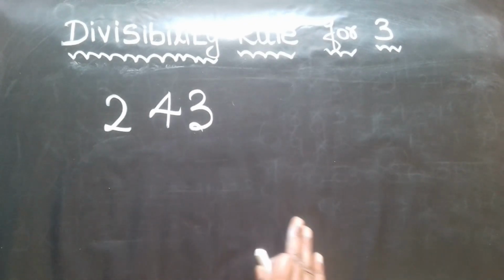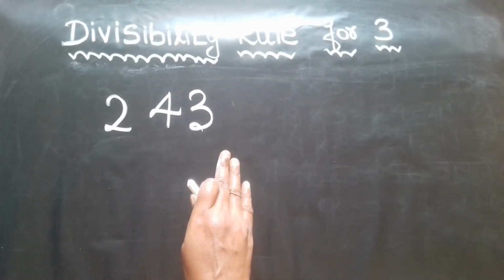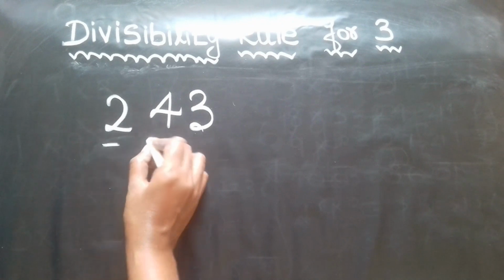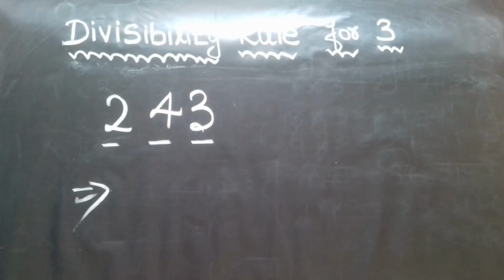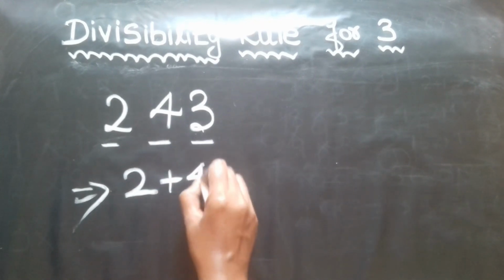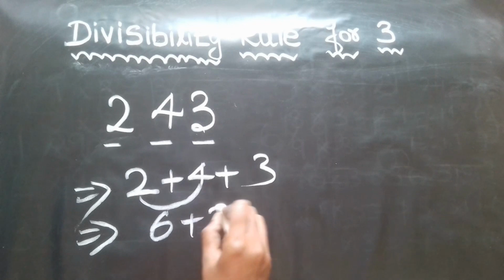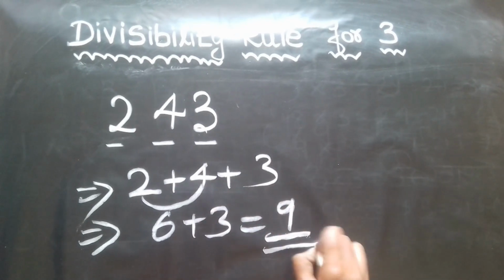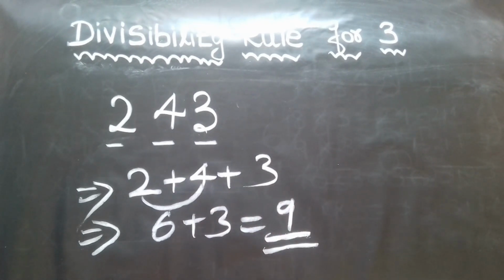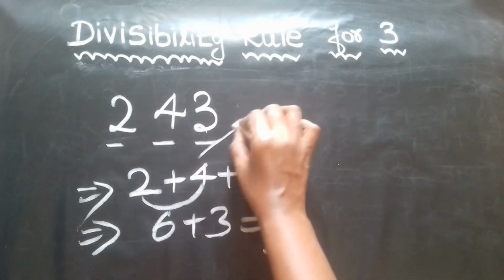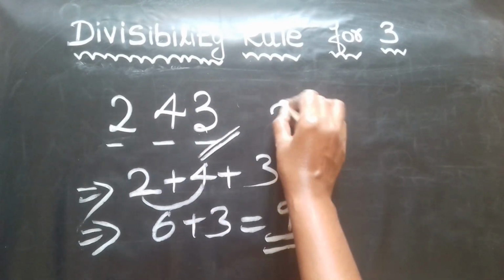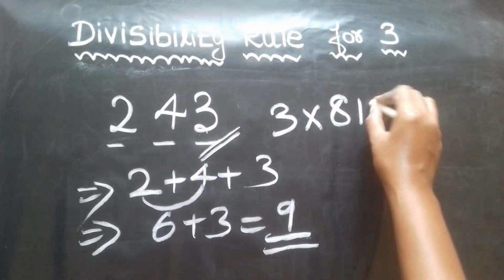Now let's verify for a bigger number, 243. The digits here are 2, 4, 3. The first step is to add up the digits: 2 plus 4 plus 3. 2 plus 4 is 6, plus 3 equals 9. So if the digit sum is 3 or 6 or 9, then you can say that it's in the 3 times table. 243 can be split as 3 into 81,